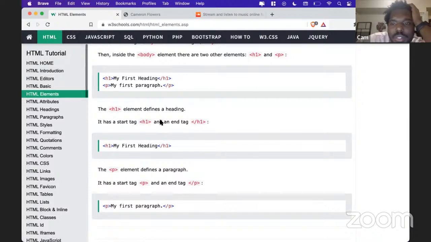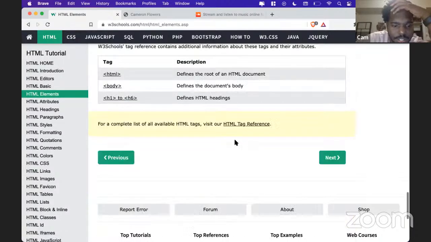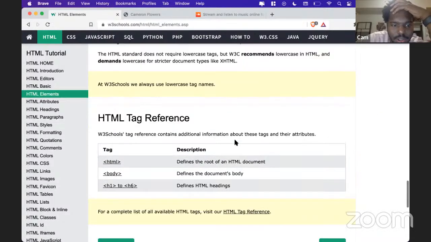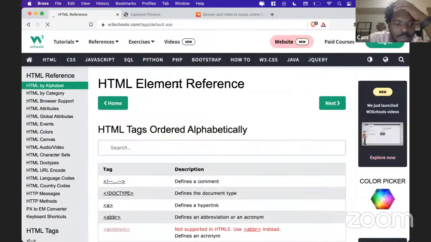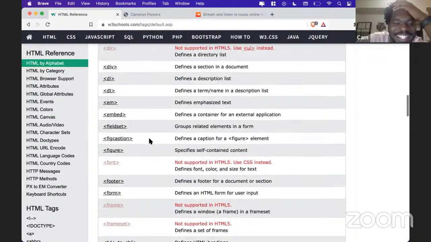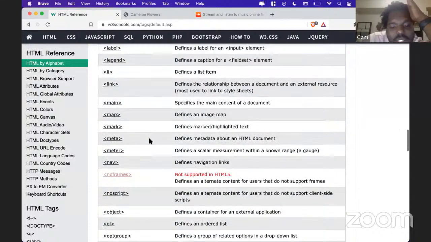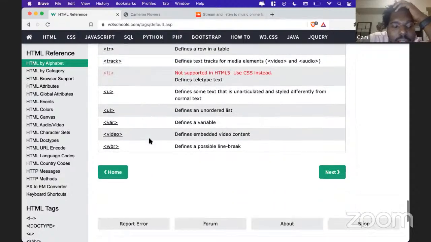I wish this wasn't the link I wanted to go to, but somewhere here on the W3Schools, they have a reference to all of the tags. Oh, here it is. Right. So just look at how long this list of HTML tags is, right? It would be crazy to expect yourself to learn all of these tags. It's not necessarily what happens, but